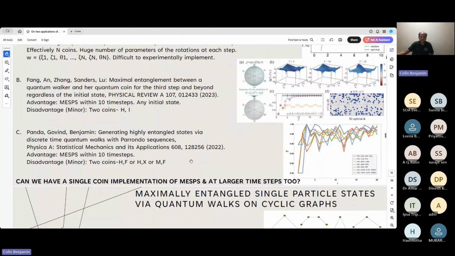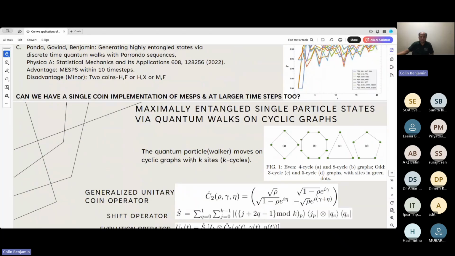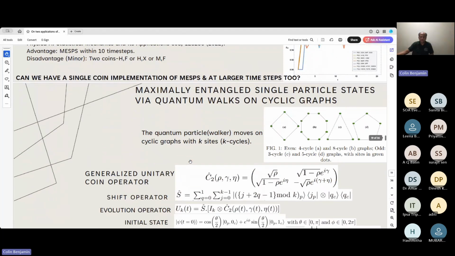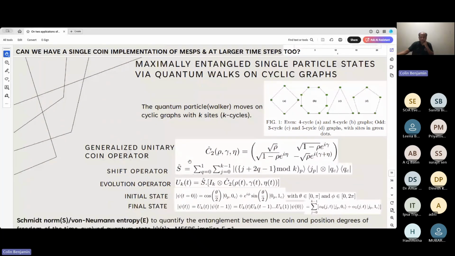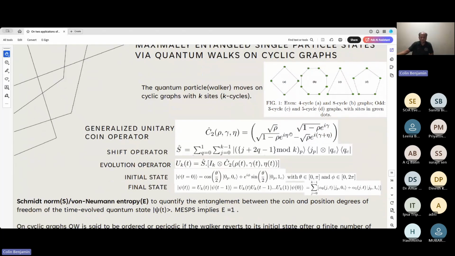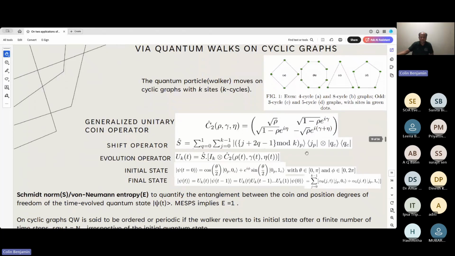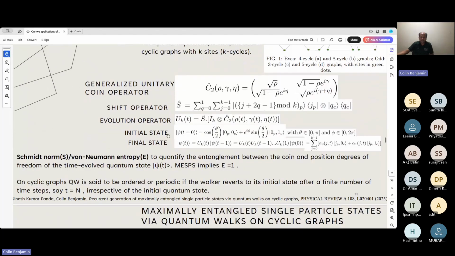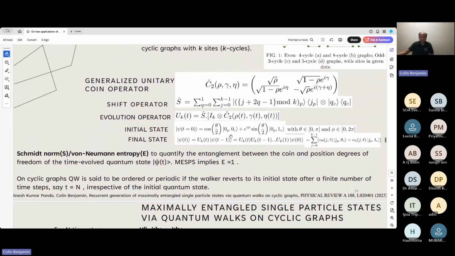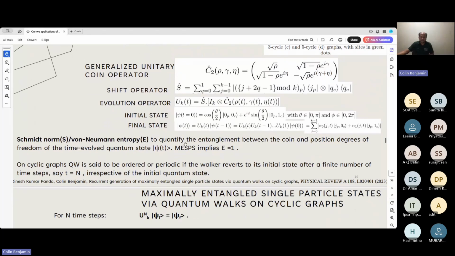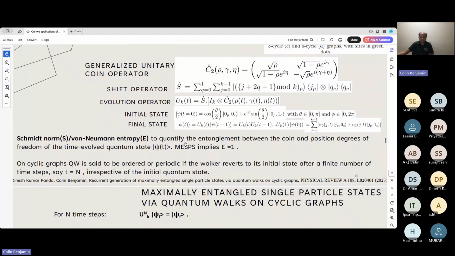So our motivation was, can we have a single coin implementation of MESPS, which will also work for large time steps too? And that's exactly what we did in this work. So we took arbitrary 4-cycle, 8-cycle, 3 and 5-cycle graphs, and we took a generic coin operator, and obviously this is the cyclic shift, and we evolve it in time, and this is an arbitrary initial state, so we don't take a specific initial state, and we calculate the Schmidt norm or the von Neumann entropy